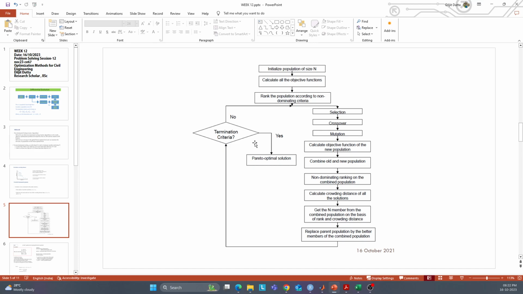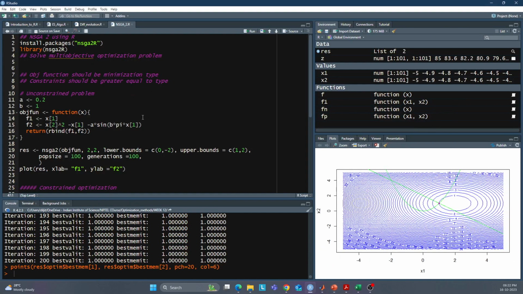Suppose we set the termination criterion at around 100 generations. We repeat this for 100 generations, and then we get the Pareto optimal solution. So this is the method. Now we'll see the code. In the code, you won't see the method in detail, obviously, because